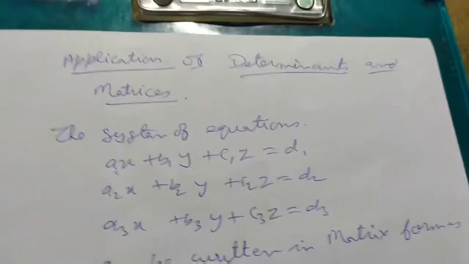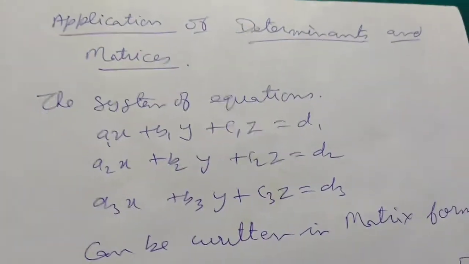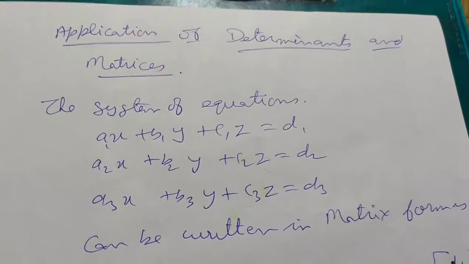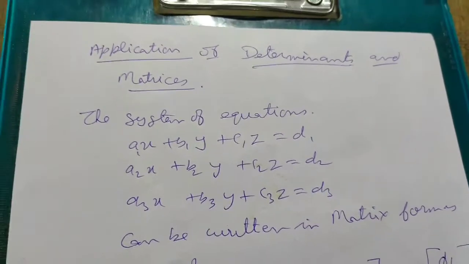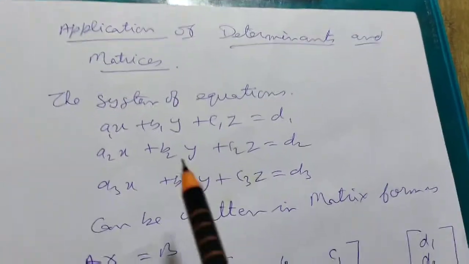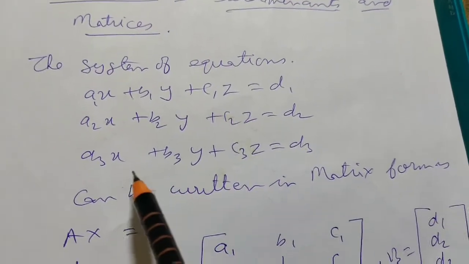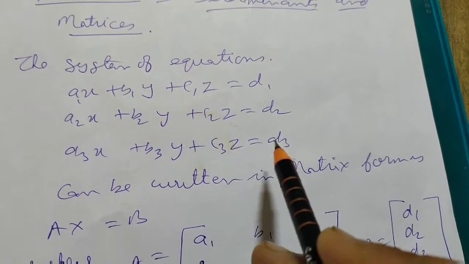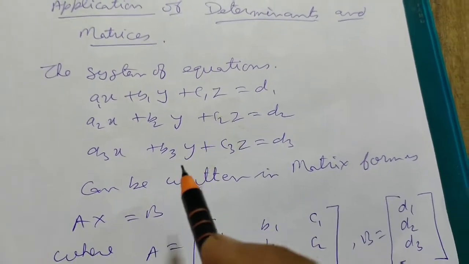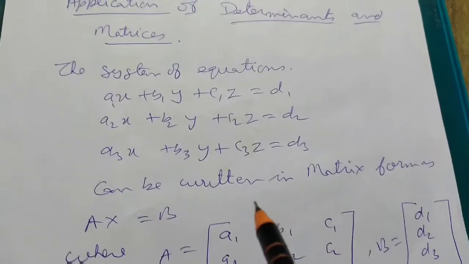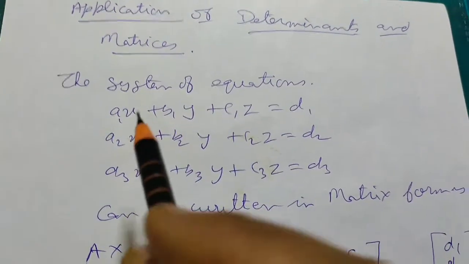Students, in this video we learn application of determinants and matrices. Here we are having a system of equations a1x plus b1y plus c1z equal to d1, a2x plus b2y plus c2z equal to d2, a3x plus b3y plus c3z equal to d3. This can be done in matrix form as AX equal to B, but before that we have to check